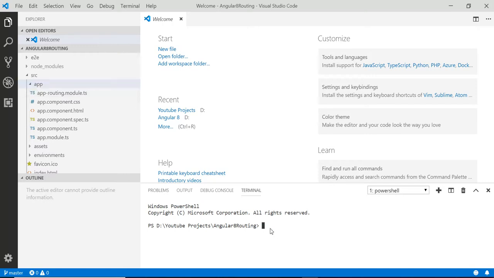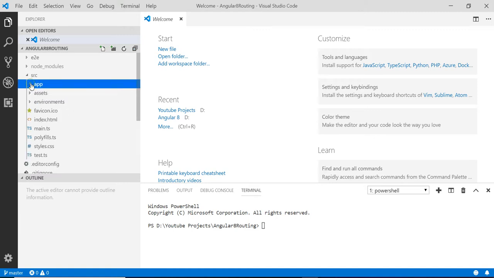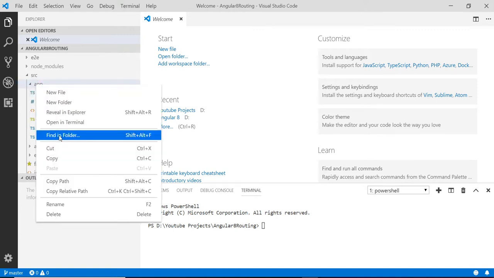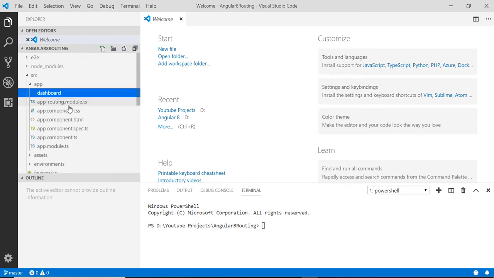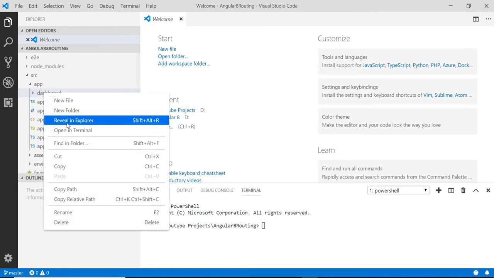We're going to create three components. First, we'll create one folder inside the app. It will be dashboard. Inside of dashboard, we are going to create a